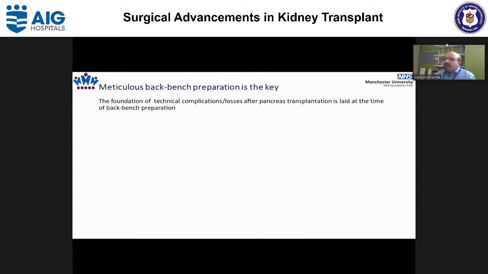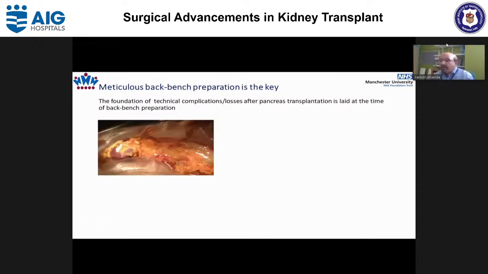All right. So the most important aspect of pancreas transplantation, in my experience and in the experience of other pancreas transplant surgeons I've spoken to, is the backbench preparation. It is the key to the successful outcome after transplantation. And I personally feel that the foundation of all the technical complications and losses after pancreas transplantation is laid at the time of backbench preparation. So it's important that we,